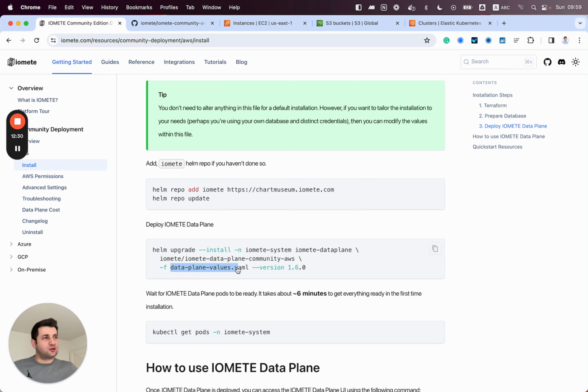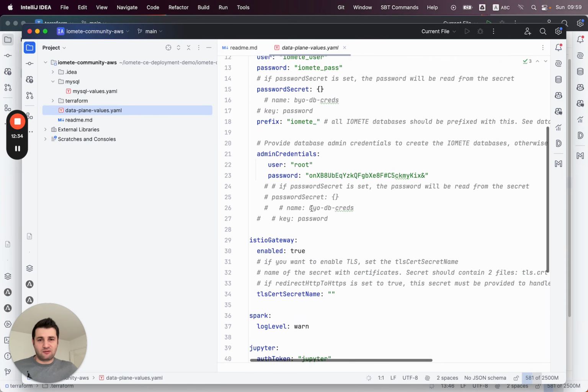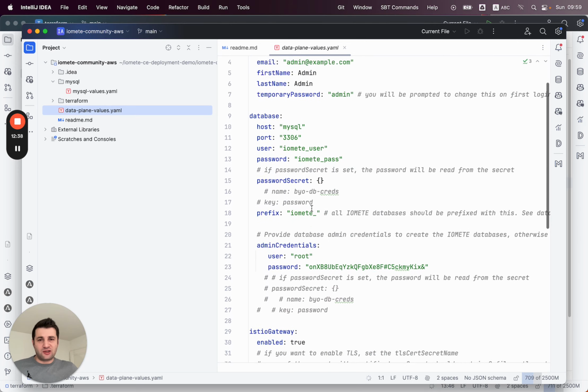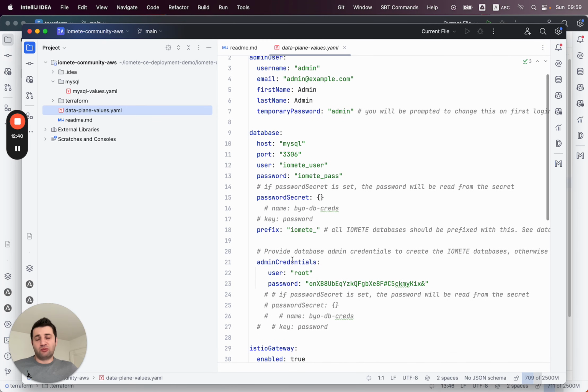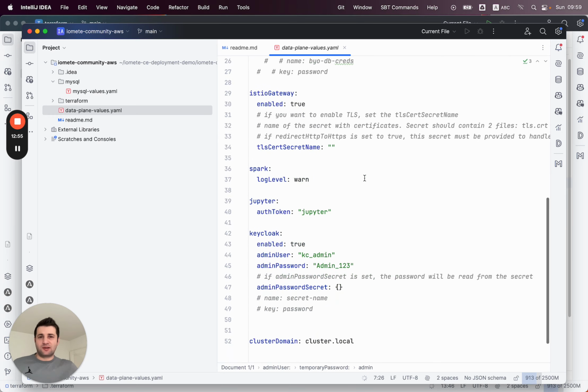Again, you can see them from the cloned repository. I'm not going to change anything, but if you bring your own database which has different credentials, you can update those here. We don't need to worry about this admin user password, which will be reset on your first login.